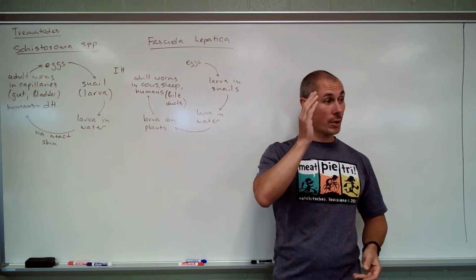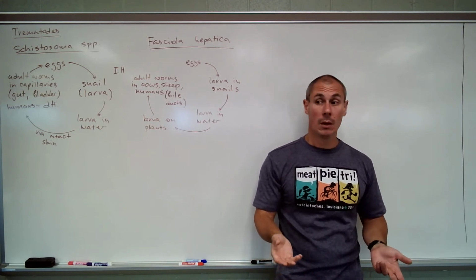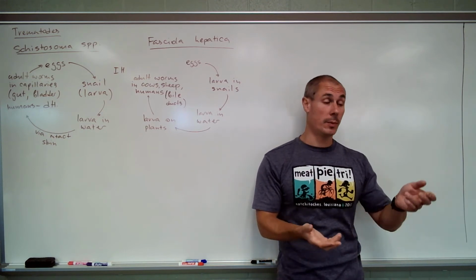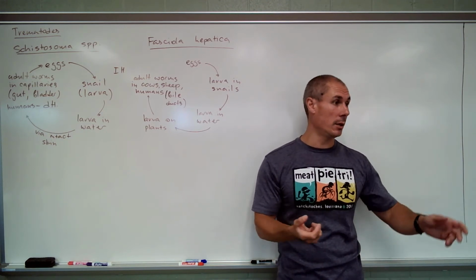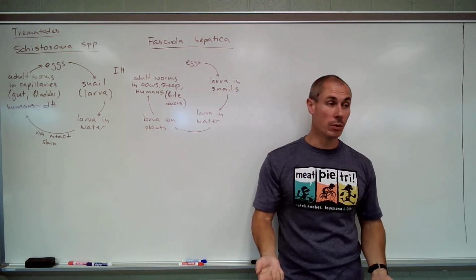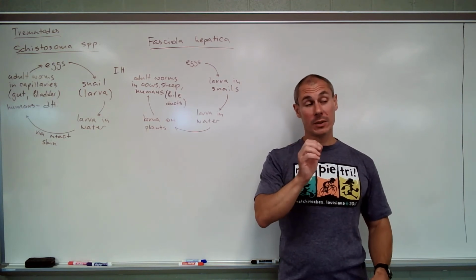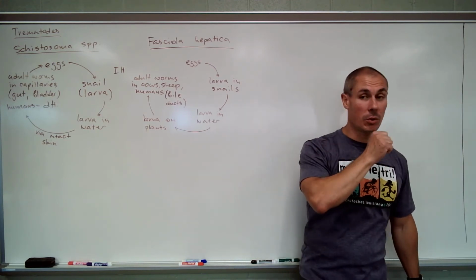So those who go straight end up in the small bile ducts in the liver. Obviously, they will block them. They can destroy liver tissue, so people will develop jaundice, hepatomegaly, malabsorption of fats, diarrhea, malnourishment, all that kind of stuff. That makes sense. Some of them will take a path to the gallbladder.